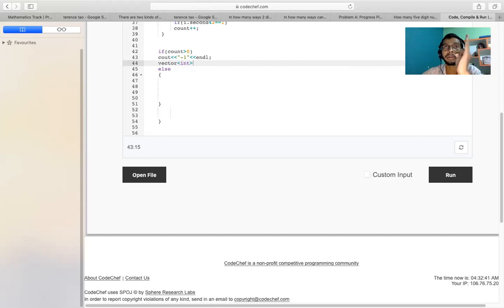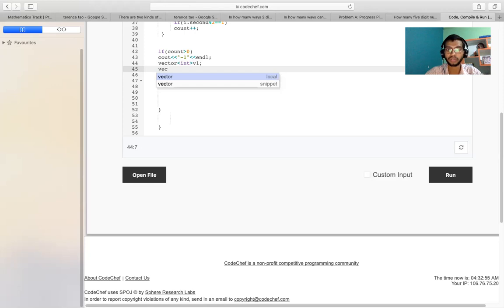But the elements which were left over, like 777 has a frequency of 4 in the first array, and 88 has a frequency of 4 in the second array, these elements we are going to store in the vector. So let's make the vector v1 and also another vector v2 for array 2.